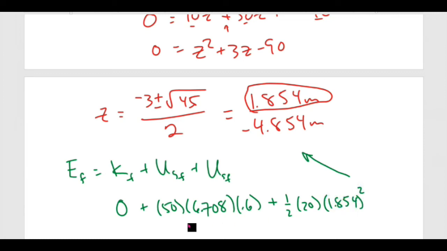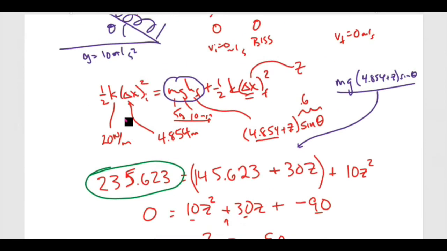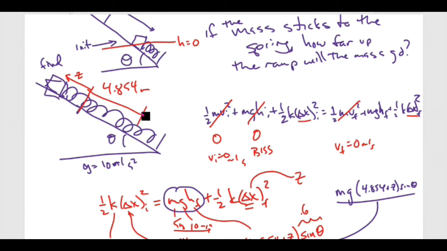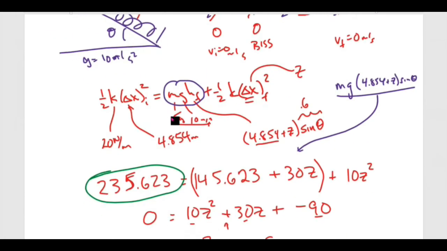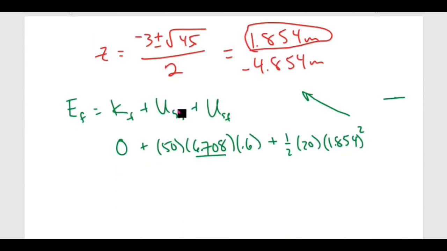plus my spring here, which is 1/2 times 20 times 1.854 squared. Again, this number right here comes from the fact that it started out down at the bottom of the spring. The picture started at the bottom of the spring. It went up 4.854 plus this amount Z. And cranking that out,